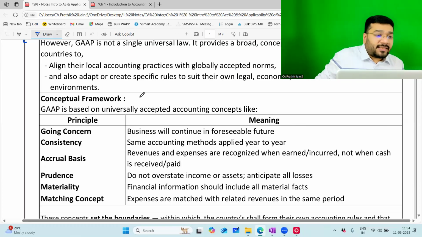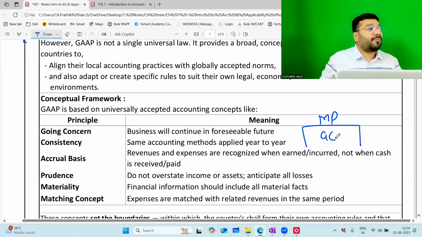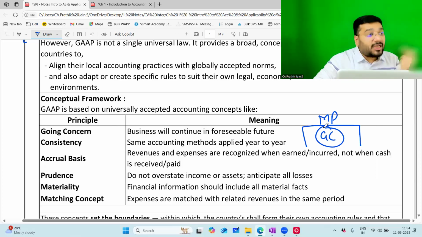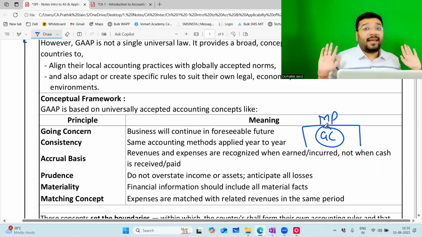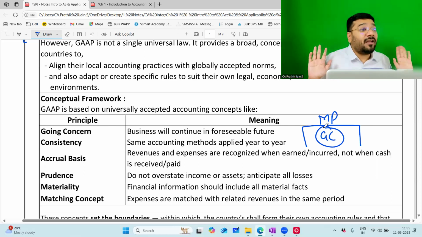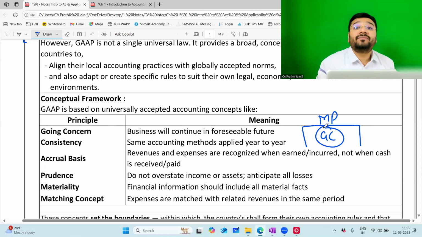Now, this matching principle is based on which assumption? Going concern assumption. Why? If this going concern assumption is not there, then what will the client do? When you say that, sir, this 15 lakh of machinery, I have to record 1 lakh as expense every year, immediately the client will say what? How do you know that my business will run for 15 years? What if my business will close tomorrow? So I can't record 15 lakh expenditure for 15 years. I will record everything in one single shot tomorrow.